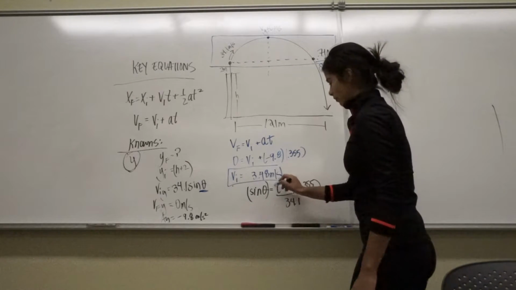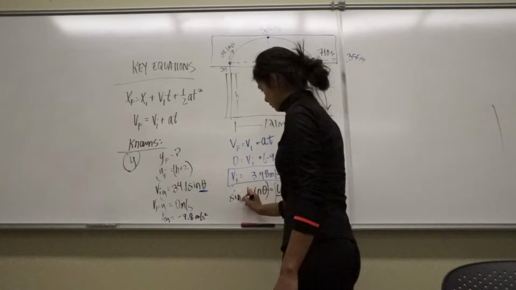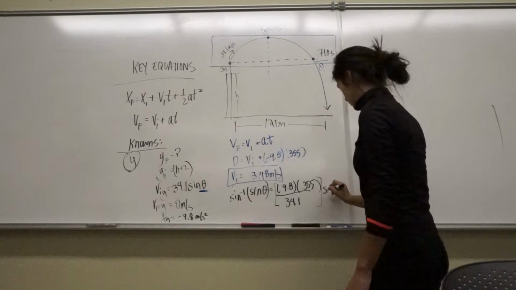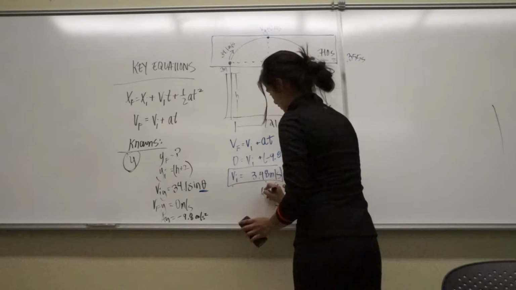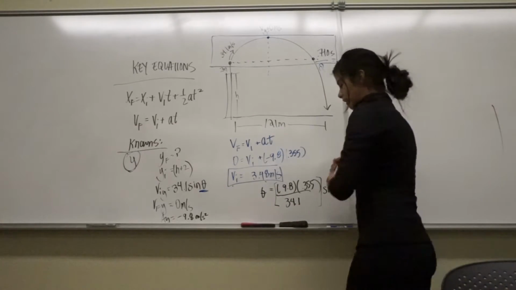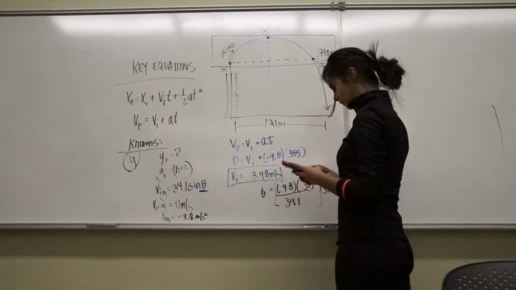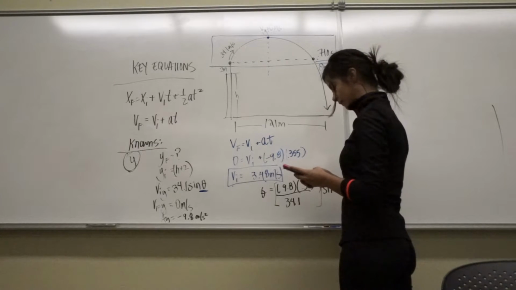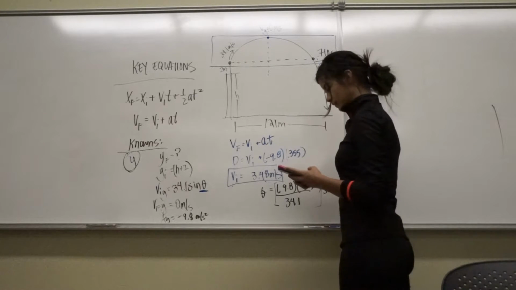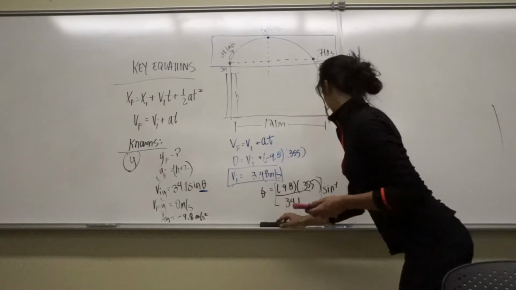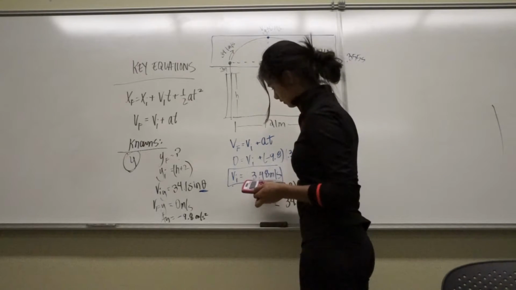So in order to get the angle that we need, which is theta, we're going to multiply both sides by the arc sine. So this is going to go away, so this is just going to be left with theta. So we're going to plug this into our calculator: the arc sine of 9.8 times 0.355 divided by 34.1. Okay, my theta is equal to, I'm going to write it over here,